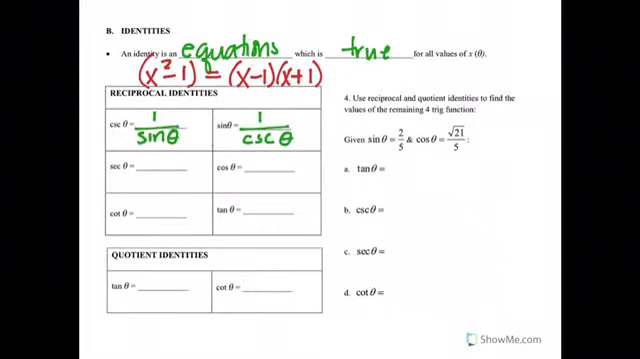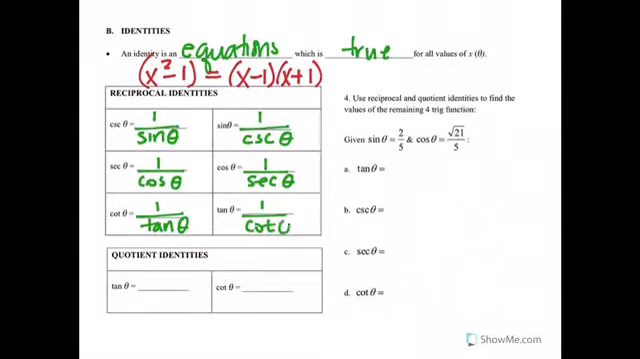We know that the secant is the reciprocal of the cosine, and the cosine is the reciprocal of the secant. We know the cotangent is the reciprocal of the tangent, and the tangent is the reciprocal of the cotangent. So,